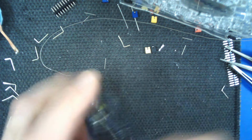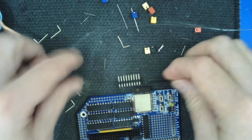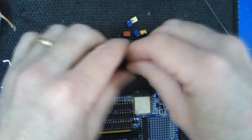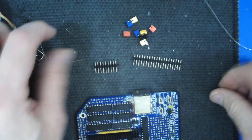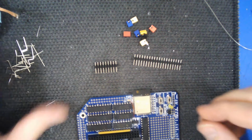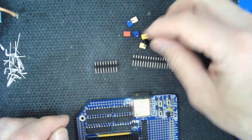So we're really on the home stretch now. Just a few more things to do. So those are all these components that we've got left. So move all this extra stuff out of the way. So we just have headers now, and these are used to either make connections off the board for the serial programming of the ESP32 and other serial connections if you want to make them, and also for jumpers. So these little things here are called jumpers,